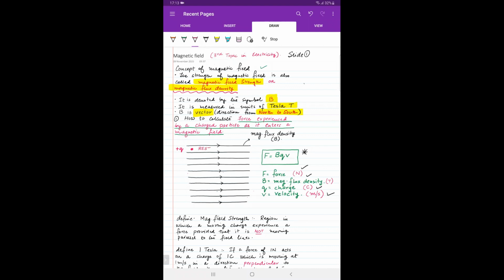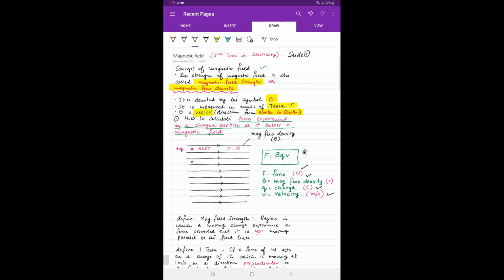So a charged particle at rest is positioned in a magnetic field. First scenario के अंदर, since the charged particle is not moving, so the magnetic force is going to be zero. ये पहला scenario हो गया, that if a charged particle is placed in a resting position in a magnetic field, then it will not experience any force. Okay, second scenario,